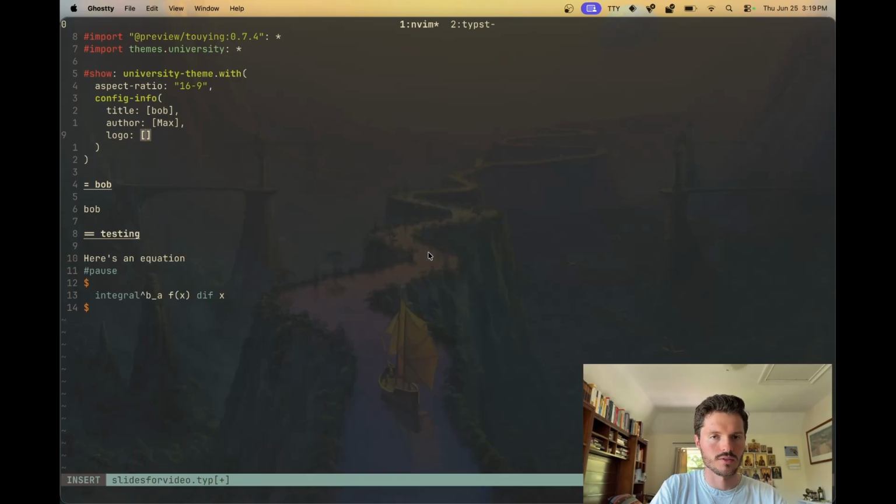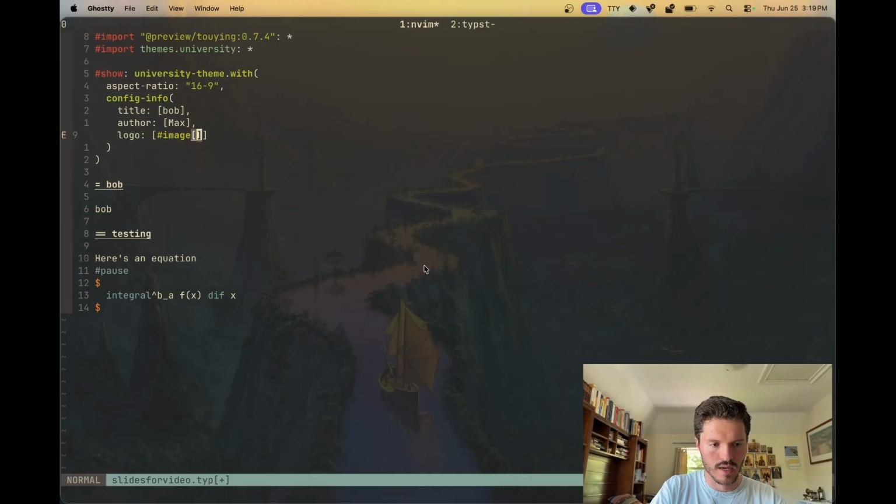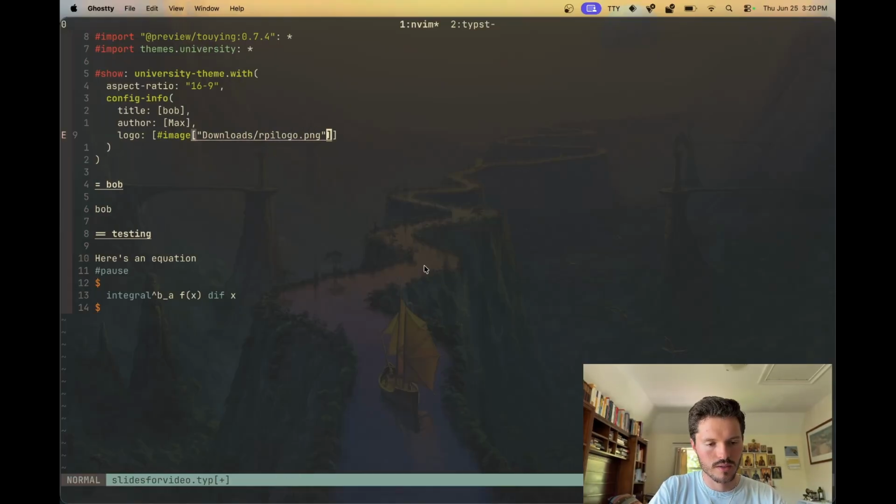And Typst makes this so easy. You don't have to load a separate package for putting graphics in, it just works. So we're gonna put an image in, and it's a lot like Markdown syntax actually. I have this in my downloads folder. It needs a string. Downloads, I went to RPI, so I'm gonna use the RPI logo. And you can then set the